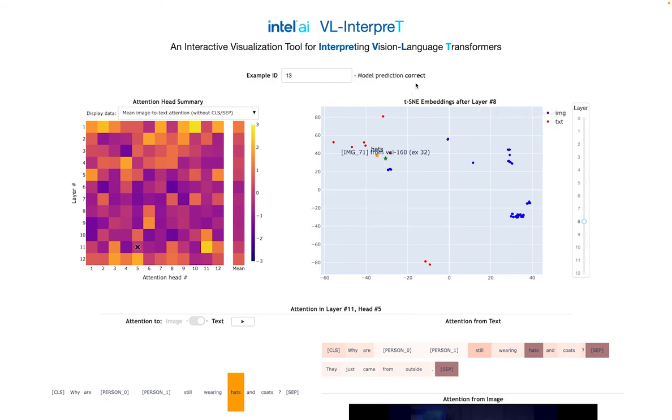It's important to note that all of the examples I have shown so far are examples where our model made correct predictions. And when a prediction is incorrect, we don't see this phenomena as often. Therefore, we have just used this tool to identify some of the model behaviors that are correlated with better performance. And it is possible that encouraging the model to perform more like this will eventually boost its accuracy.